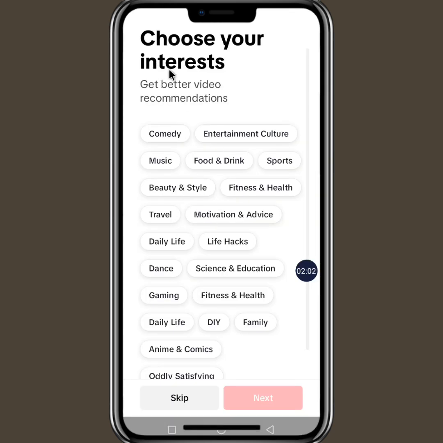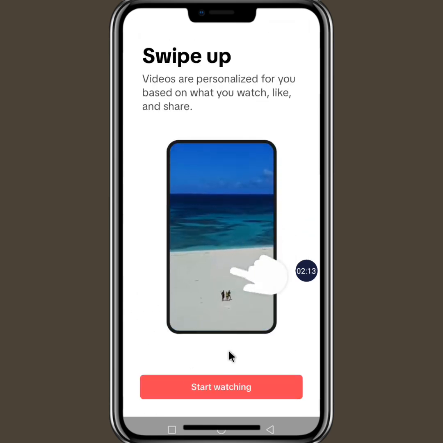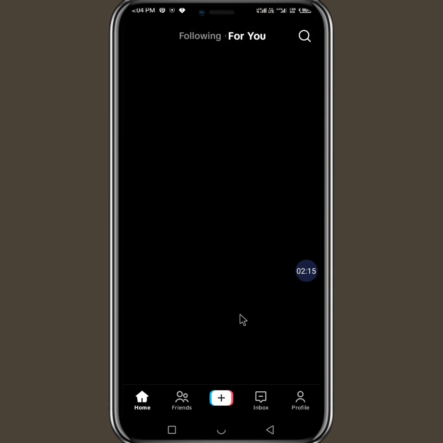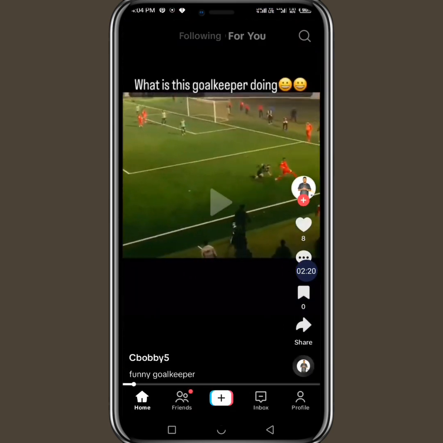You have to choose your interest, something that you are interested in, so that TikTok can recommend videos to you. We can skip this and come back to it later. And if we click on start watching, you can literally use TikTok to start watching videos. You don't need to create an account to consume the content, but to create an account, just come to